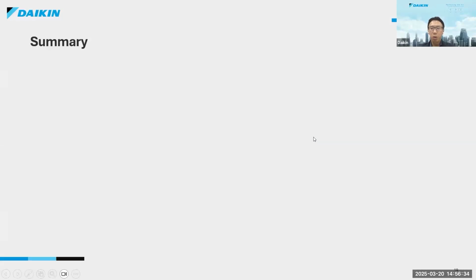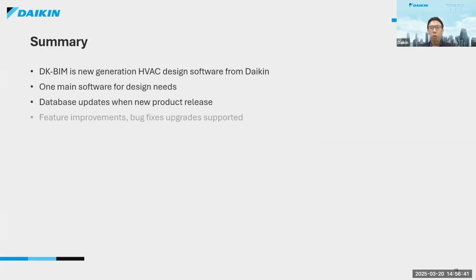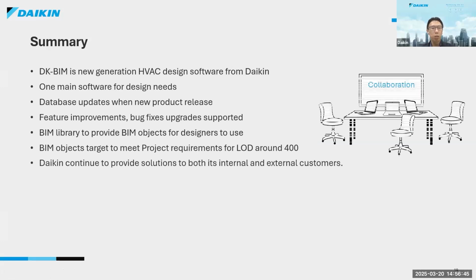So now we come to the summary for the presentation so far. DKBIM is a new generation design application from Daikin where one main software can address our basic needs. Updates will continue to be automatically pushed down to the clients without the fear of missing out. They will continue to be progressively improved upon with feature improvements and bug fixes to ensure the use of the